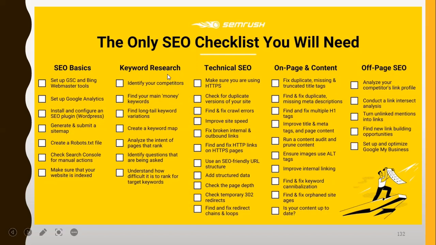Keyword research. One of the things we're going to be doing is competition analysis. I've talked about that. We're going to do that hands-on. You want to see related keywords. You want to do a keyword map. For technical SEO, that's the one that has to do with your website, you want to make sure your website has a green padlock.